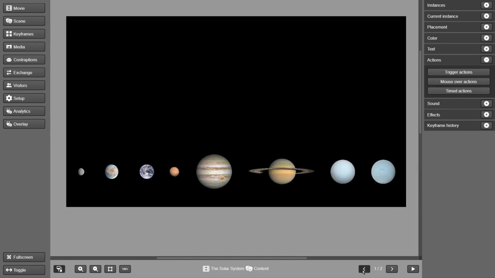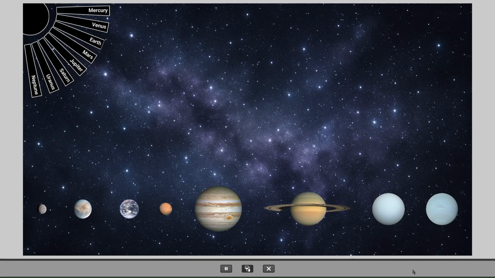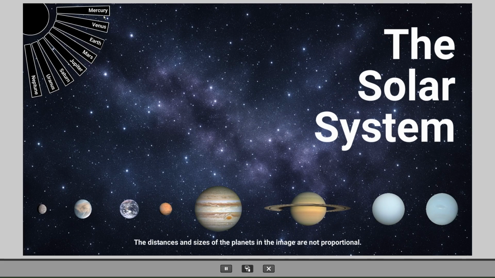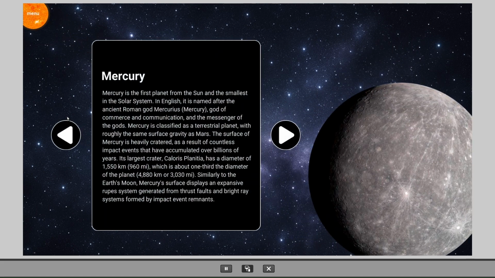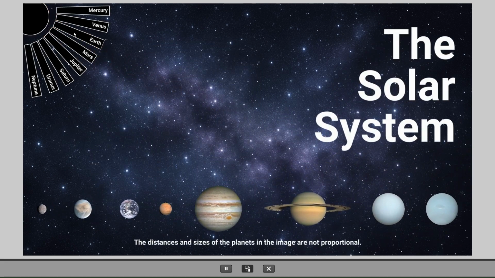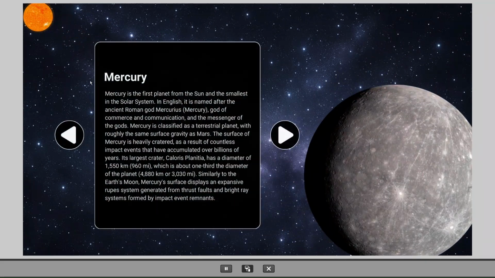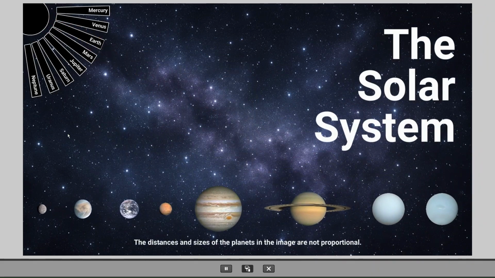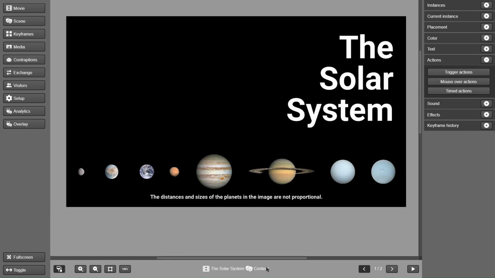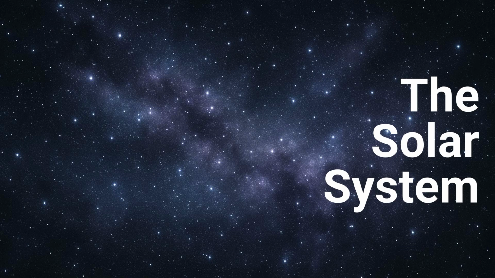Now let's go back to the first keyframe and test our scene once more. Notice that we can now switch between the two and that the Black Sun interface behaves accordingly. In this video, we got an introduction to using actions to navigate our creation. We'll come back to this later, but in the next video we'll discuss a bit about animation.